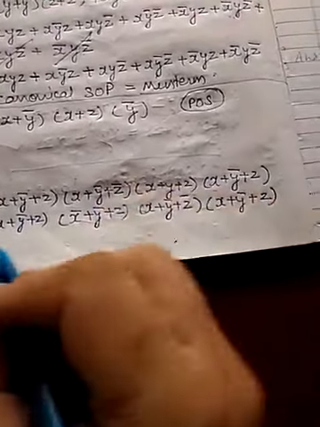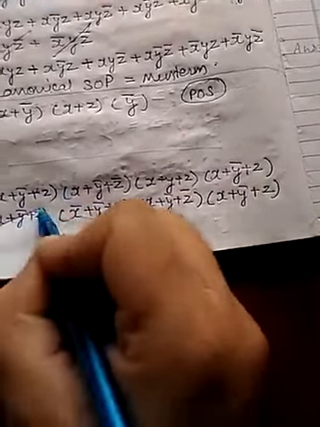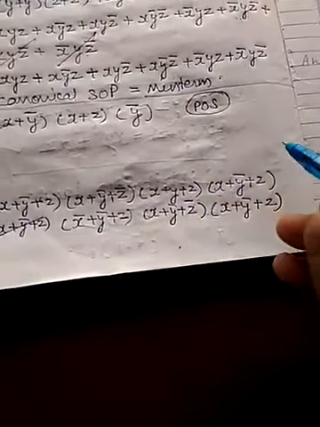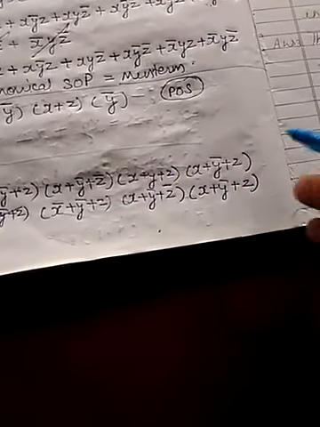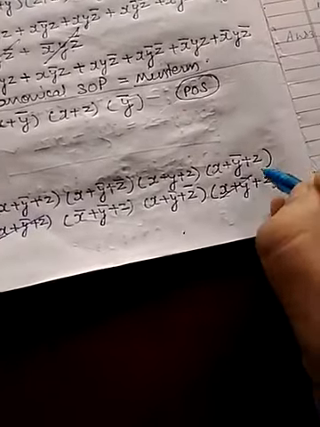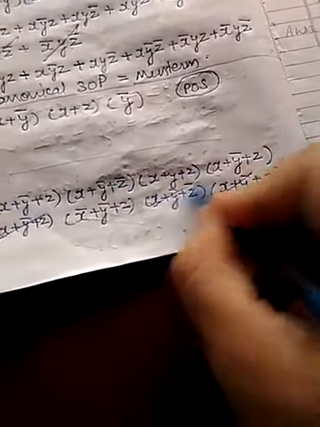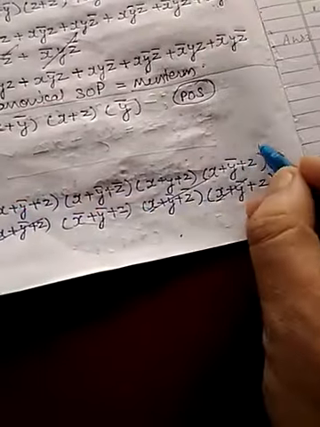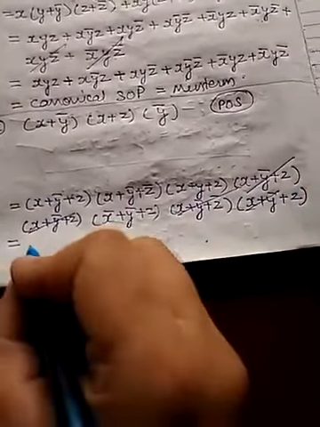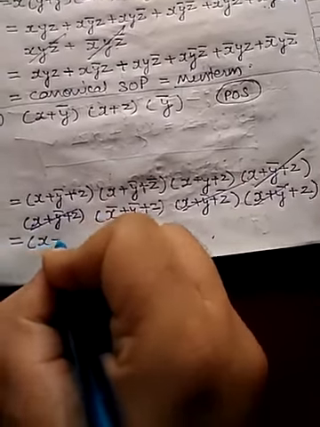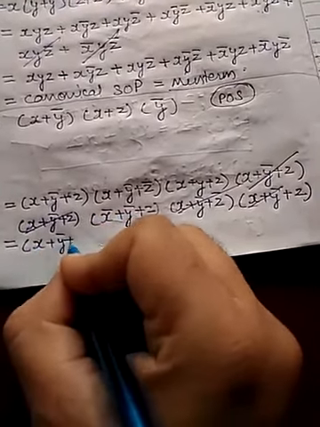Now remove the duplicate terms, if any. These two are duplicates. I have removed one because x into x is x. This one is a duplicate, I have removed this one, and this one is a duplicate too. Now there is no duplicate term over here. Again this is a duplicate, and I have removed this one. Meaning all these terms are duplicates, so I have removed one. Now you have got x plus y naught plus z,